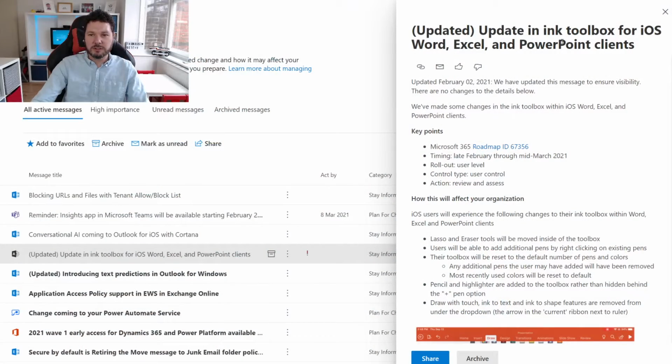So if we just switch over, what we can see here, there's an update. There's no changes to the details. You may have seen this previously. Microsoft just updated it in the Message Center, just to kind of bring it to the top and remind you of what's going on. So basically, there's an update in the Ink toolbox for the iOS versions of Word, Excel,